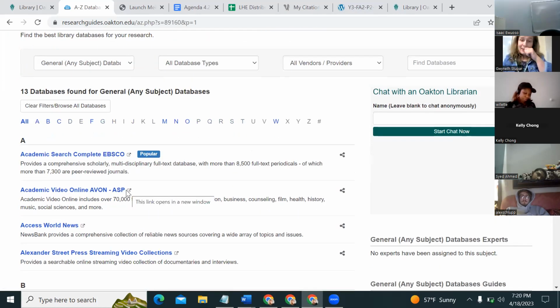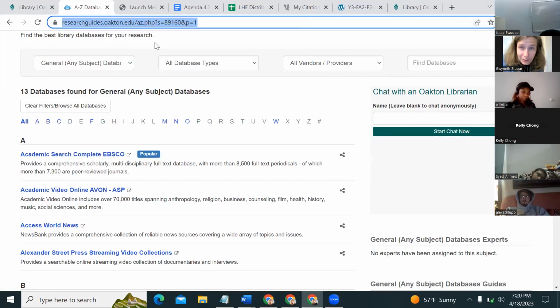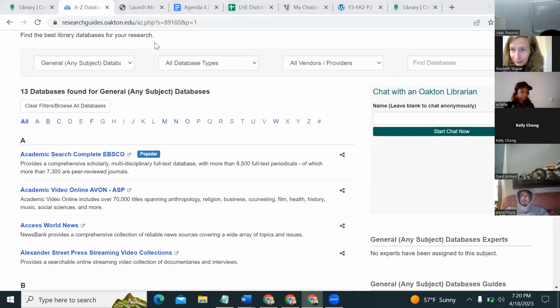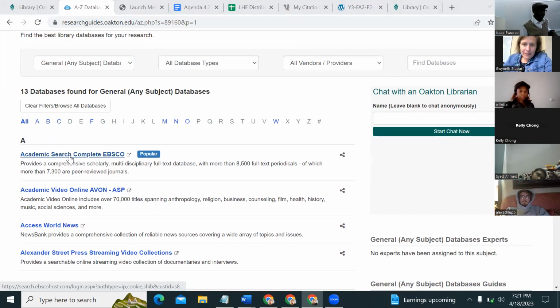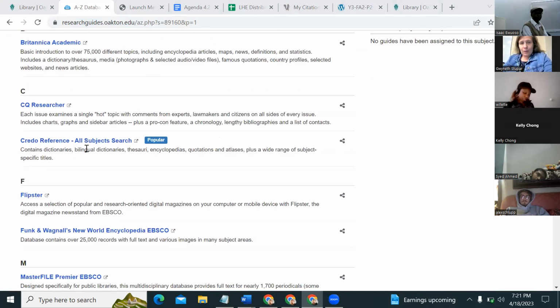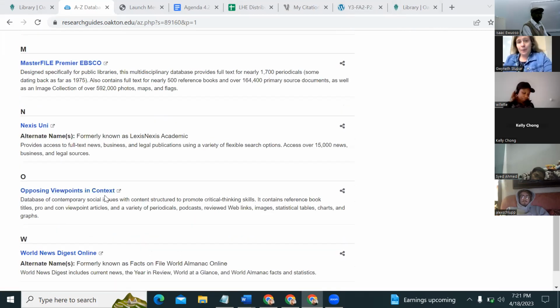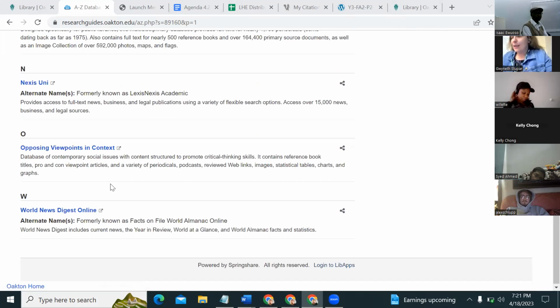And the reason I say this, these databases are the Costco's of databases. And let me put this in the chat just so you have a direct link to it. So the 3 databases that I would like to look at with you are called Academic Search Complete. We are going to look at Credo Reference. We are going to look at Opposing Viewpoints. And then at the end,